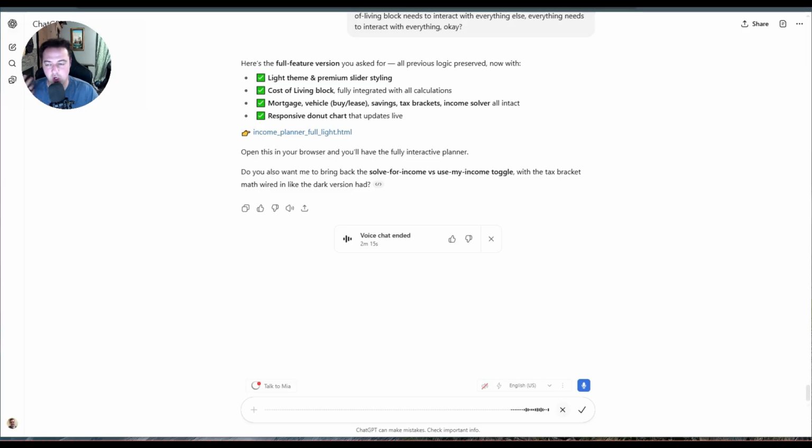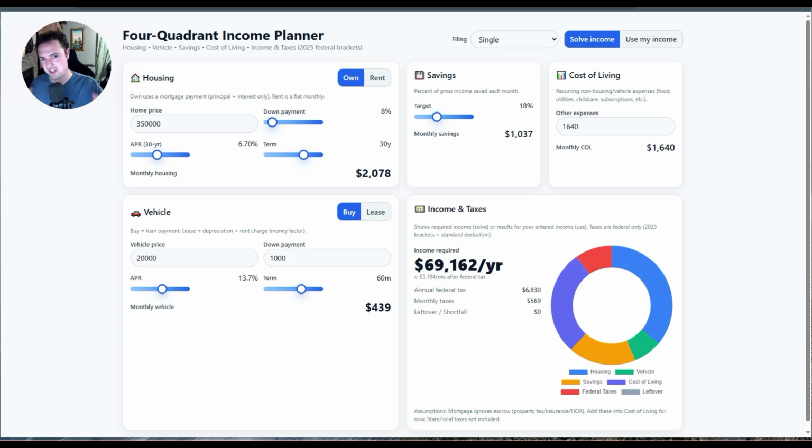You need to consider all the code that you've previously written, take all that context, bring it all in, and then all of that together, that app that we previously have made, that's the level that I want this to be. So if you don't have as much functionality, and if you think it's going nowhere, eventually you're going to land here. So I hid a couple prompts just to show you the end state. So we have the 4-quadrant income planner, housing, vehicle, savings, cost of living,